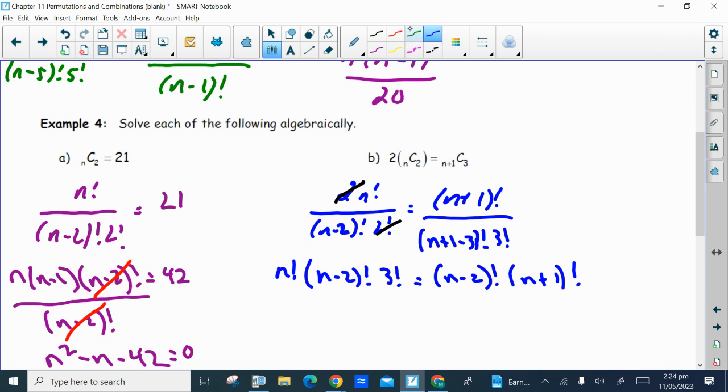And we can divide both sides by n minus 2 factorial. They cancel. I'm going to keep the 3 factorial on the left for now. And on the right, I can expand n plus 1 factorial. The first factor in that expansion would be n plus 1. The next one would be 1 less, which would be n,